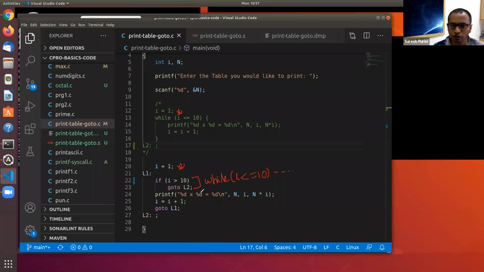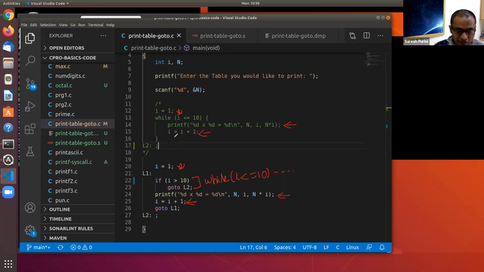Instead, the control goes to statement 24. And statement 24 is nothing but statement 14 in the while loop. And similarly, statement 25 here is equivalent to statement 15 in the while loop.